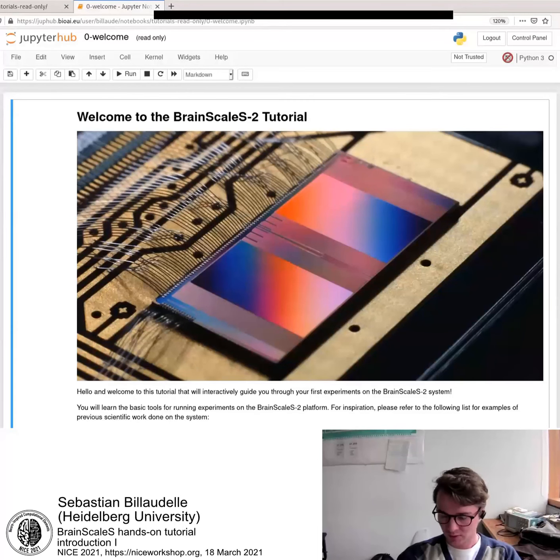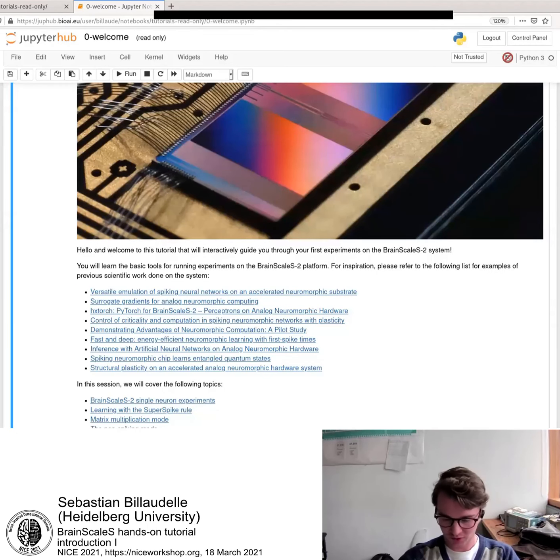What we do today is you will have access to some of these ASICs. One of these is shown here in this nice photograph with a magic rainbow, as Sebastian Schmidt just said. Of course, we're not going to be able to do any top-notch science today, but to give you some inspiration of what is possible with these analog circuits, with this BrainScaleS 2 ASIC, there's a list of publications that have